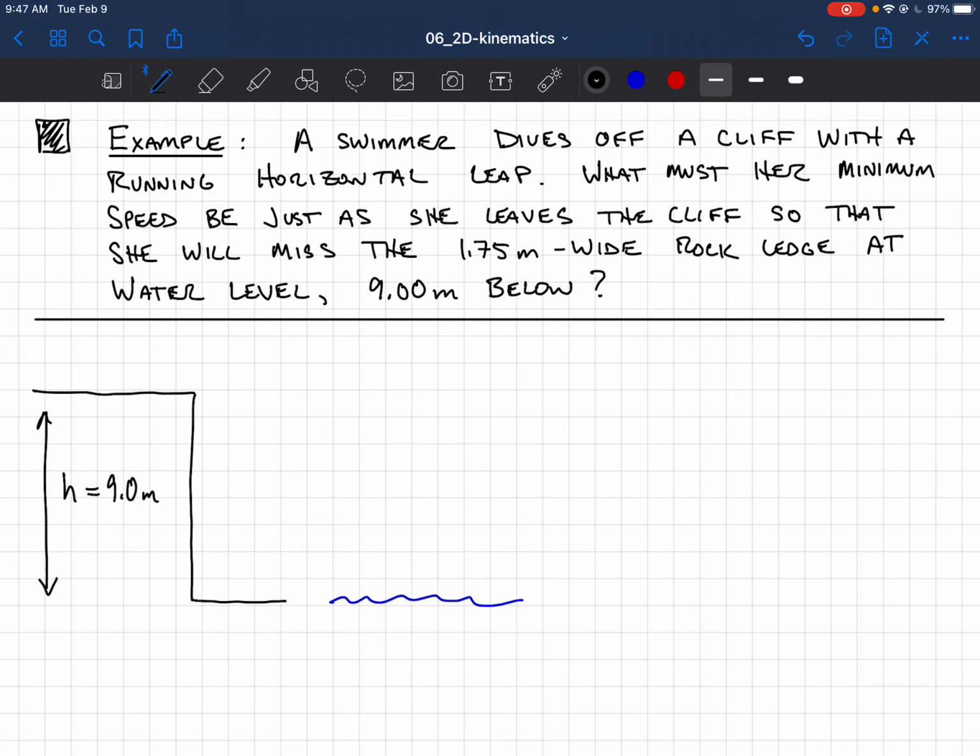But there's a shelf, so more cliff. And that shelf sticks out a little distance, I guess 1.75 meters. So the runner starts back here, and she's going to jump off, and as she goes,